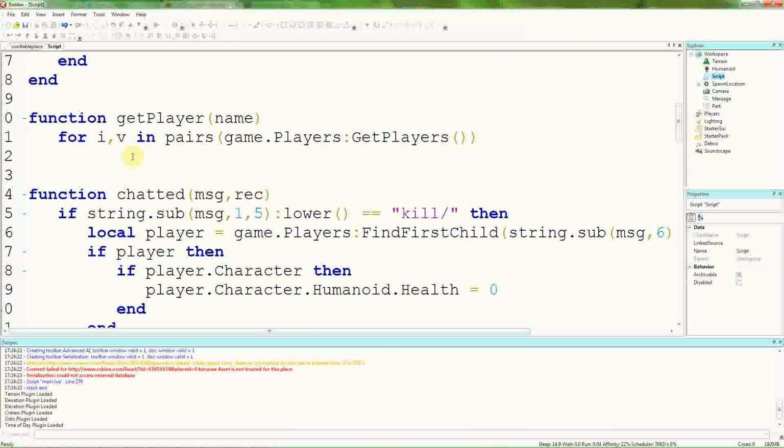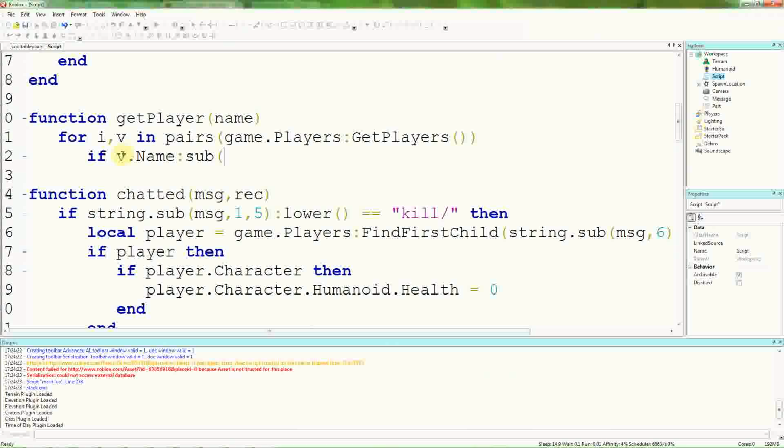So for now, for i, v in pairs, game.Players:GetChildren, we're going to go if. Now this may be a bit difficult to understand. If the name, v.Name, that will be the name of the player that we're looping through. So we're going to use the sub function that we're all familiar with by now. You may be familiar with it as string.sub(v.Name), but we might get quite confused with all the brackets, so I'm just going to use this way for now, v.Name